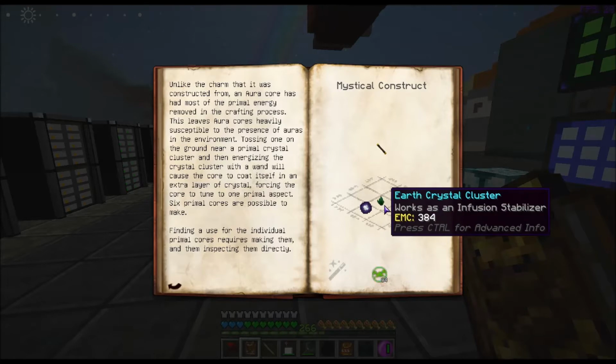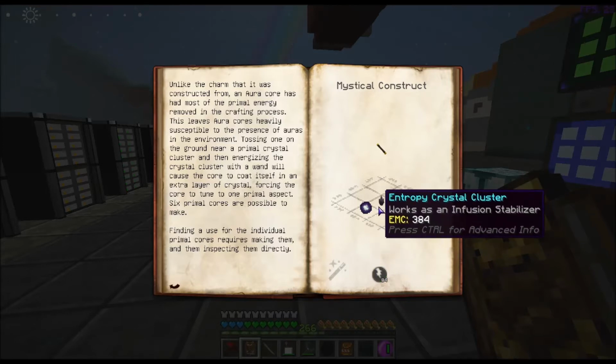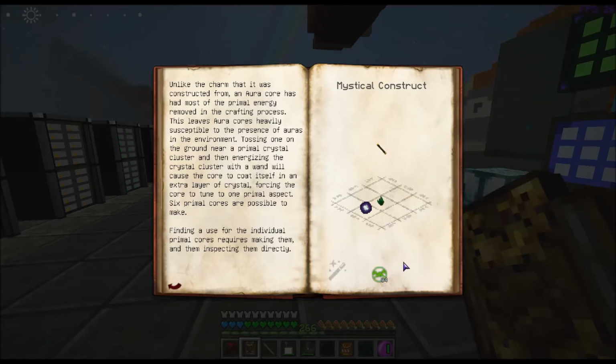Now what you're going to do with that is place down a crystal in the world, which is basically you just use 6 of any of the shards together and you make a crystal. You're going to put that down, toss this blank Aura Core next to it or on top of it, and right click on the shard with a wand, and it takes 84 of whichever